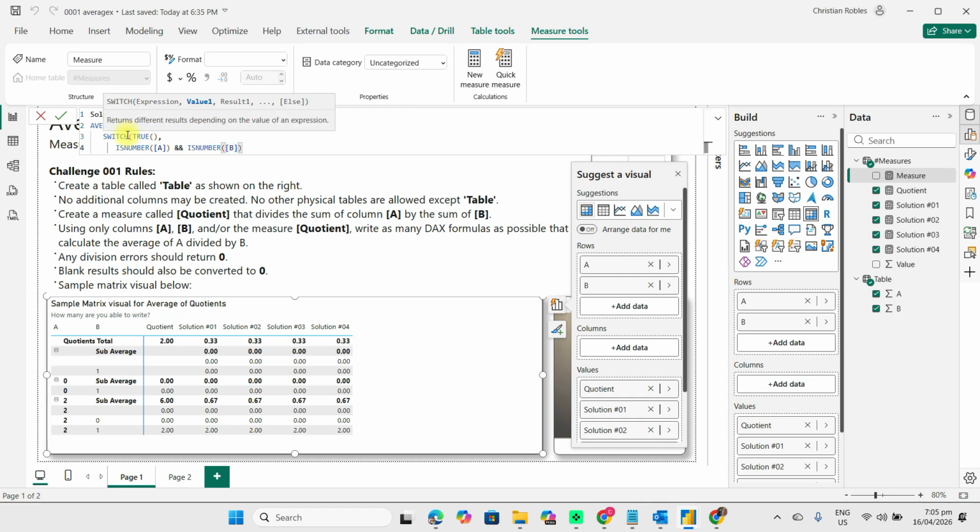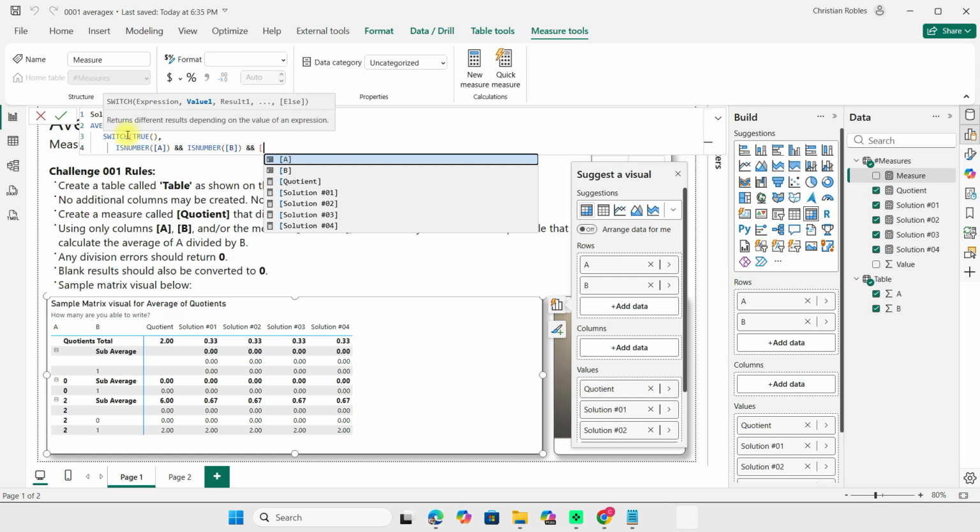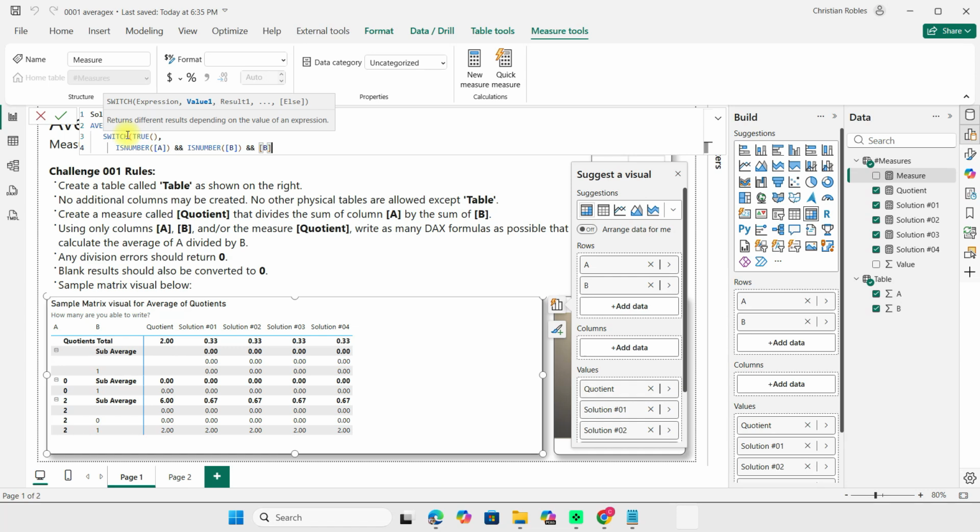And then with the combination of both checking of is number, I would probably add one more condition, and that would be our dividend. It should not be equal to zero. So it's either positive or negative, so that it would avoid the infinity answer. And if it satisfies the condition, I want to divide